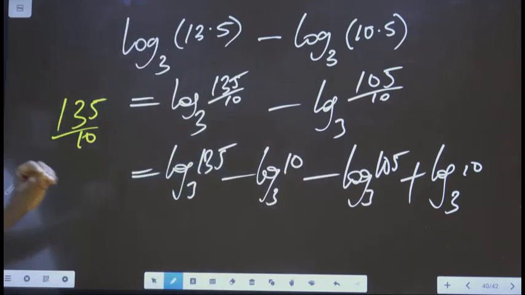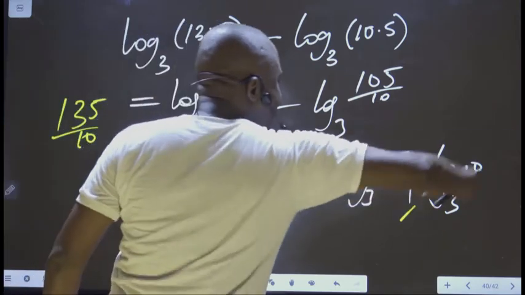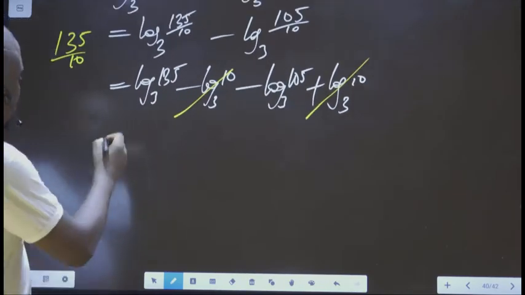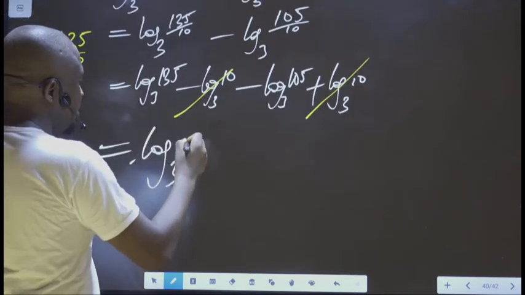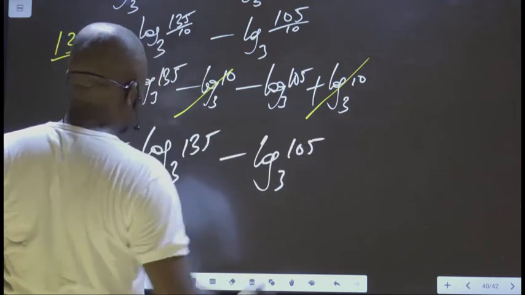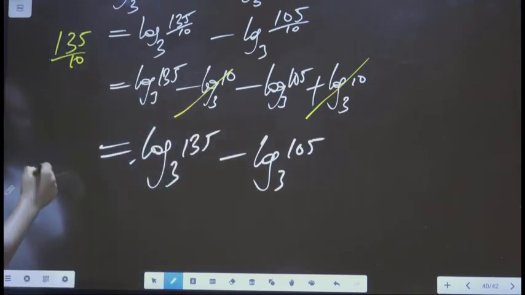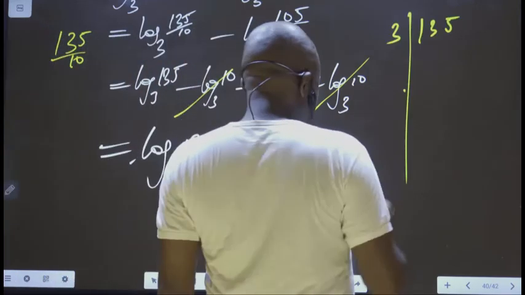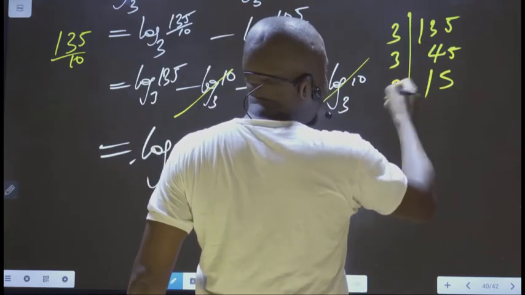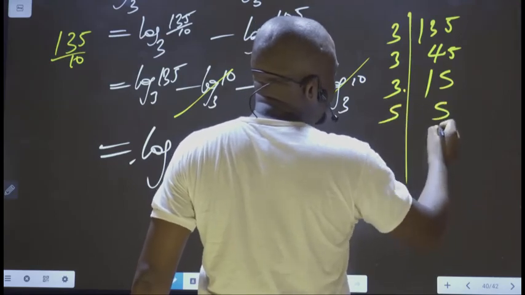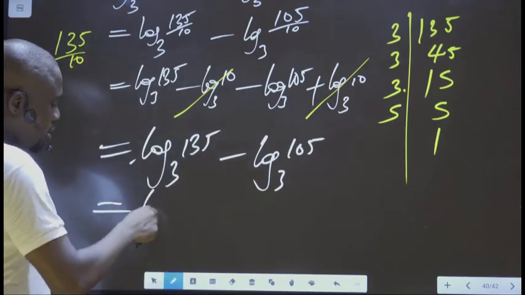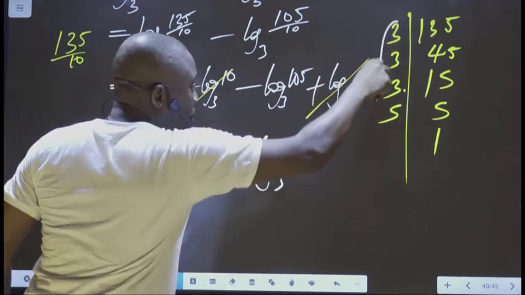Having done this, you agree with me that this guy and this guy can subtract themselves out. So that one is now out of it. Once that one is gone, we are left with log 135 minus log 105. What is 135? Let's work on that. 135, this will give us 45. So 3 into this will give us 15. 3 into this will give us 5. 5 into this will give us 1. Okay? So therefore, we can write this to be log 3. We are going to combine this together to be